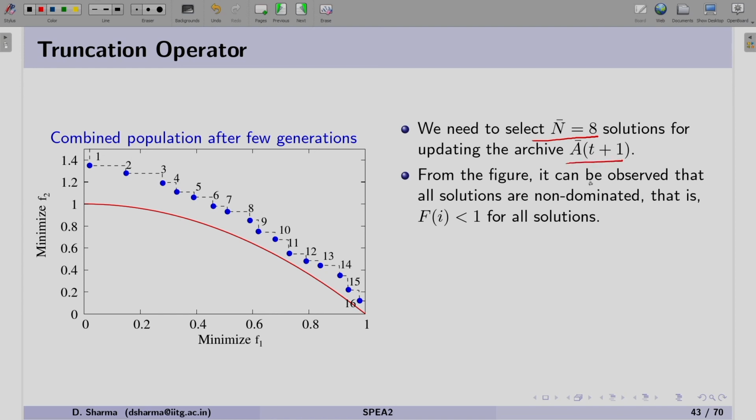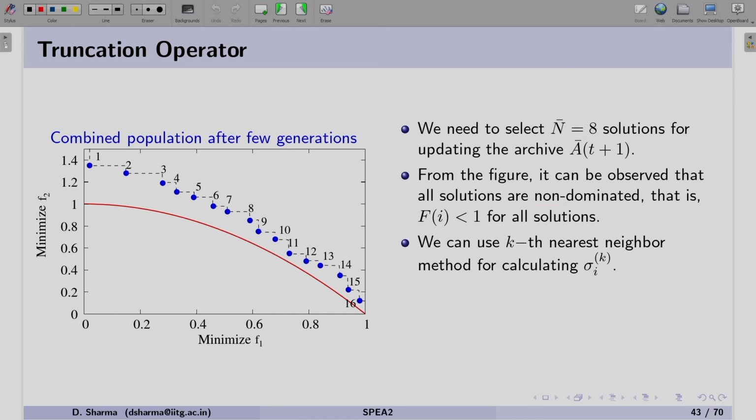From the figure it can be observed that all the solutions are non-dominated solutions. As a spatial representation, we have shown this dashed line to show that all these solutions are non-dominated.